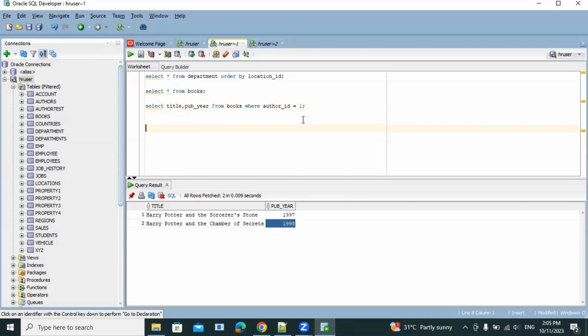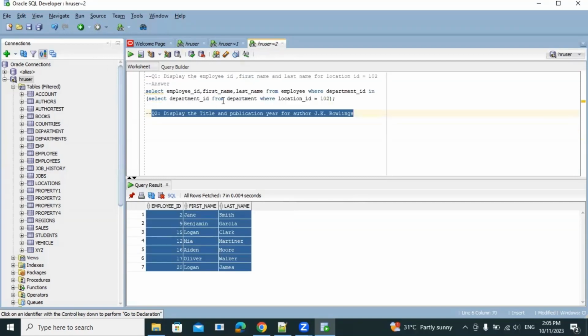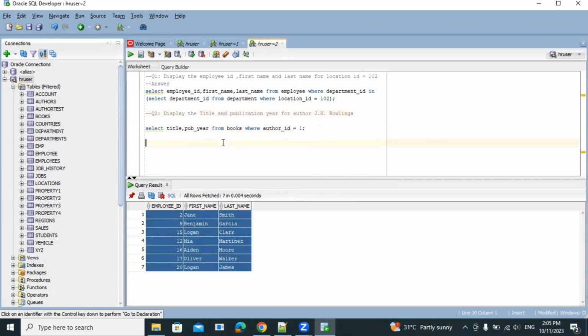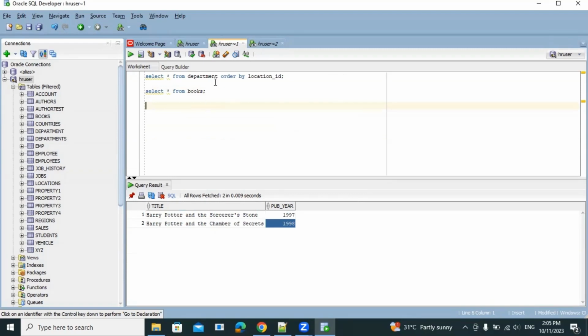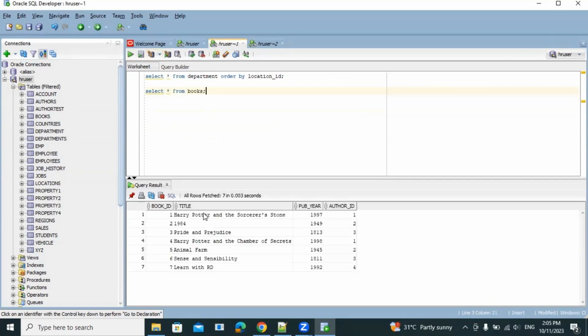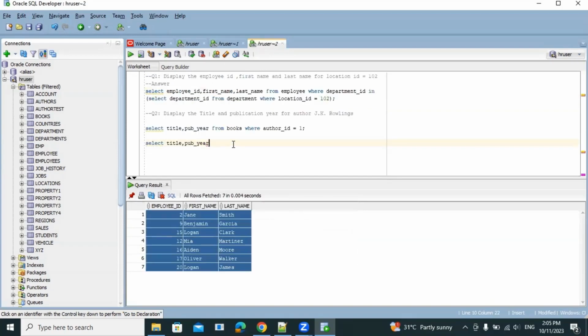First, let's write the main query. What do they want? Display the title and publication year for author J.K. Rowling, right? So let's write this main query first. I want title and I want publication year. See, in the books table you can see that. Select title and publication year, pub_year, from books where